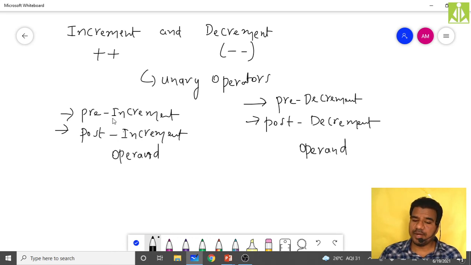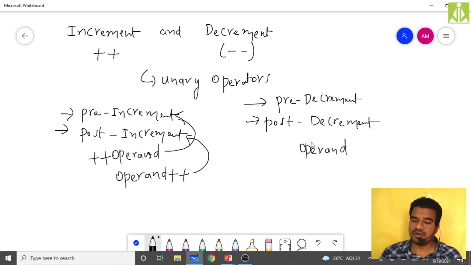For both pre and post we use the same symbol. If the operator comes before the operand, this is pre-increment. If the operator comes after the operand, this is post-increment.